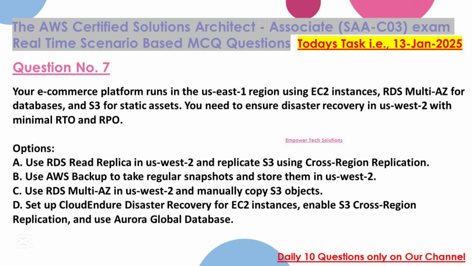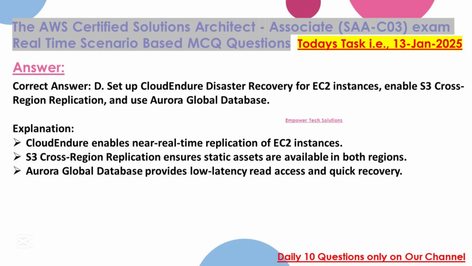B. Use AWS Backup to take regular snapshots and store them in West 2. C. Use RDS Multi-AZ in West 2 and manually copy S3 objects. D. Set up CloudEndure disaster recovery for EC2 instances, enable S3 cross-region replication, and use Aurora Global Database. Correct answer: D. Set up CloudEndure disaster recovery for EC2 instances, enable S3 cross-region replication, and use Aurora Global